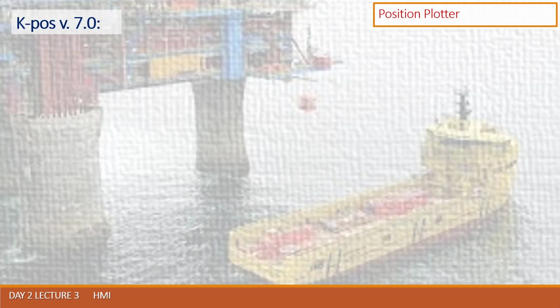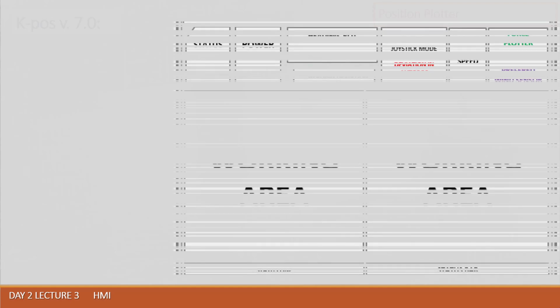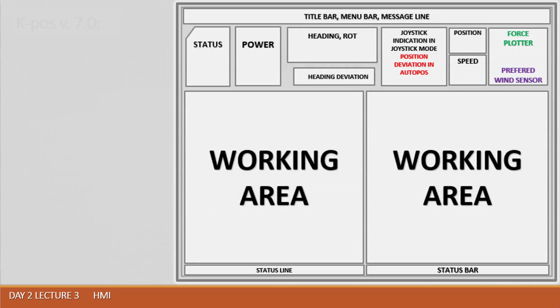One of the most important parts for any DP interface is the position plotter, or the page of the menu which is responsible for the actual vessel's position. To reach the position plotter in the Kongsberg KPOS 7 interface, you have to right click on the working area, or you have to press the position plotter button on your DP panel to have automatic access in the right side